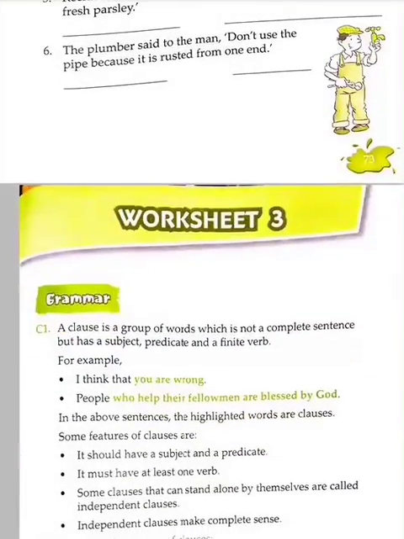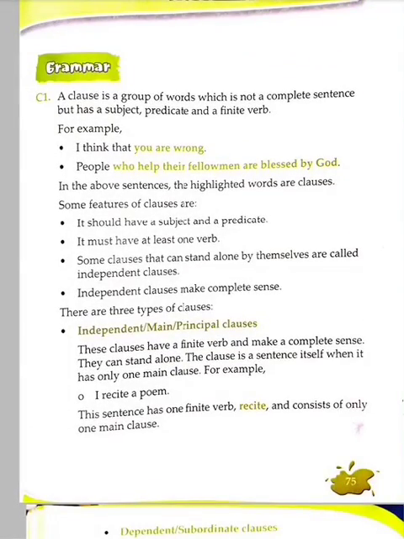Now come to the worksheet 3, and it's about clause. A clause is a group of words which consists of subject, verb and object or predicate, but it is not independent. A clause is a group of words which is not a complete sentence but has a subject, predicate and a finite verb. Now see, there are 3 types of clauses: principal clause or main clause, subordinate clause, or coordinating